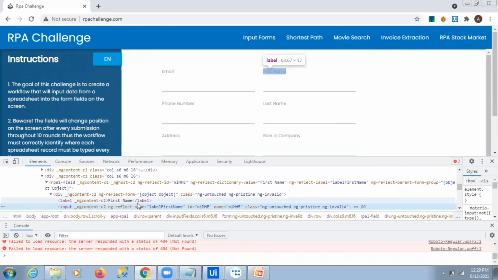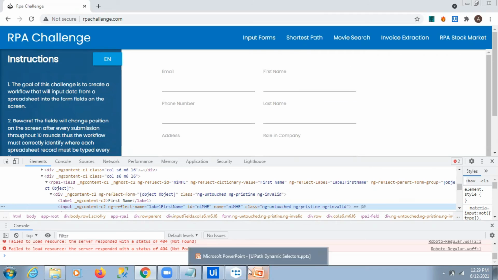So basically the object positions and behavior are getting changed, positions are changing, IDs are changing, but the selectors are the same. Then we can use the CSS attribute in the way you have shown. Got it.